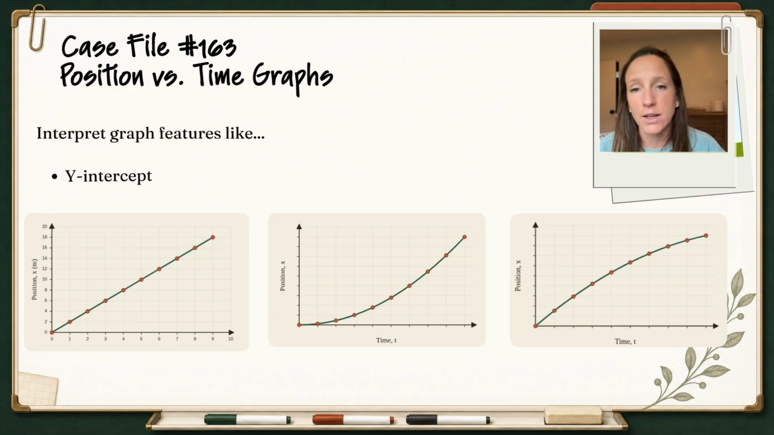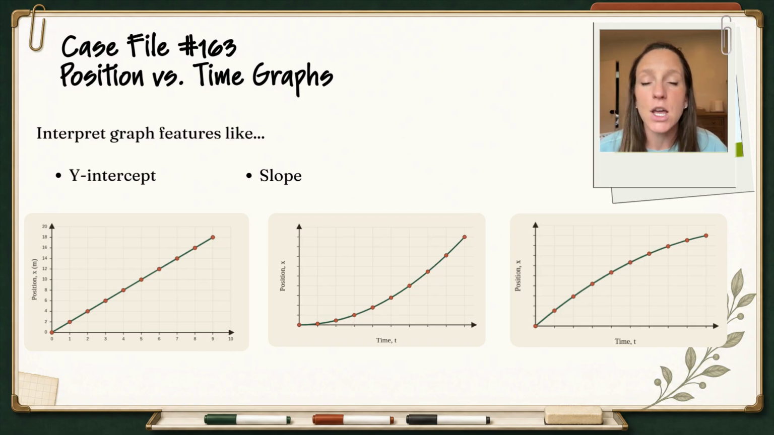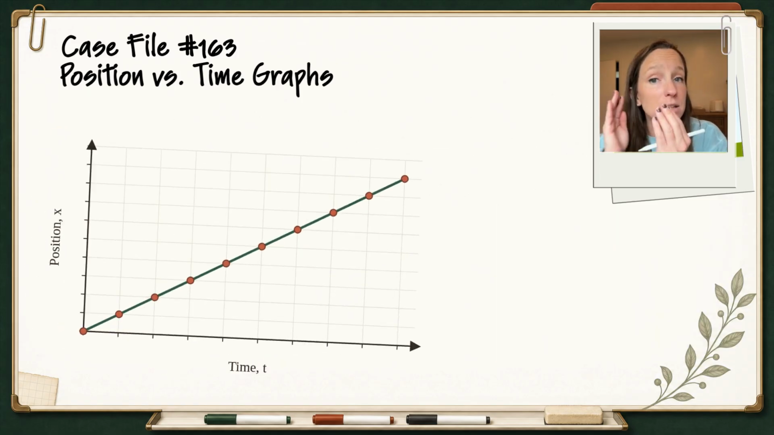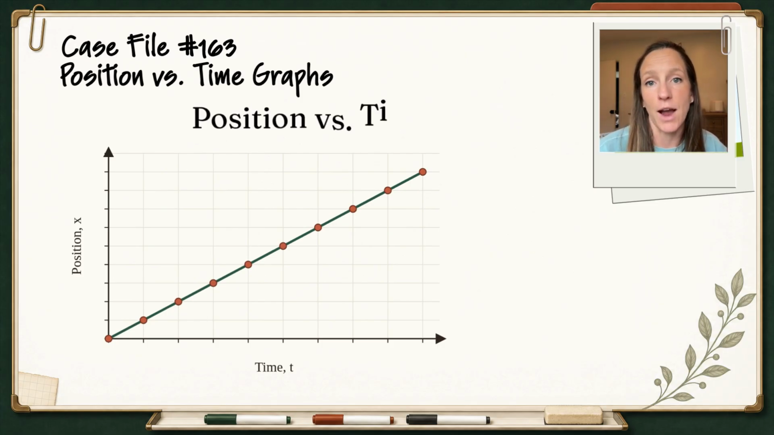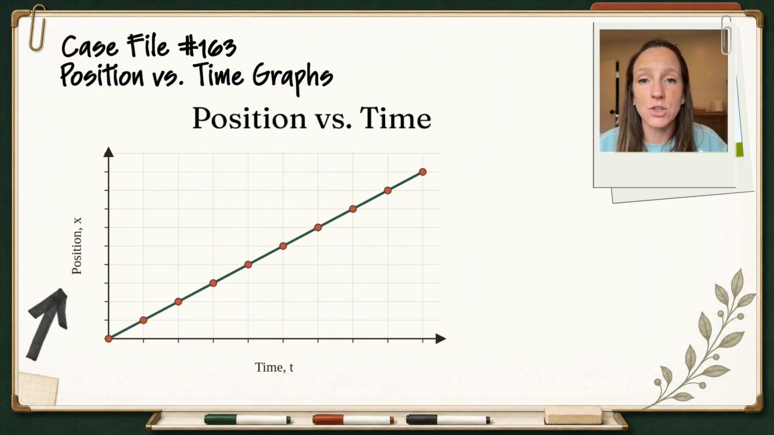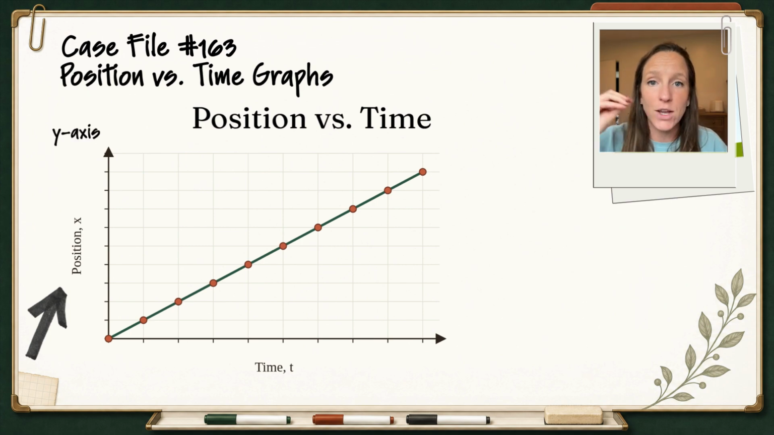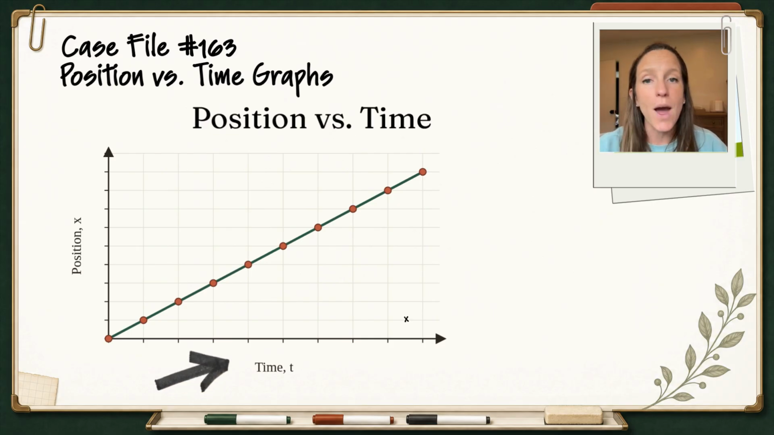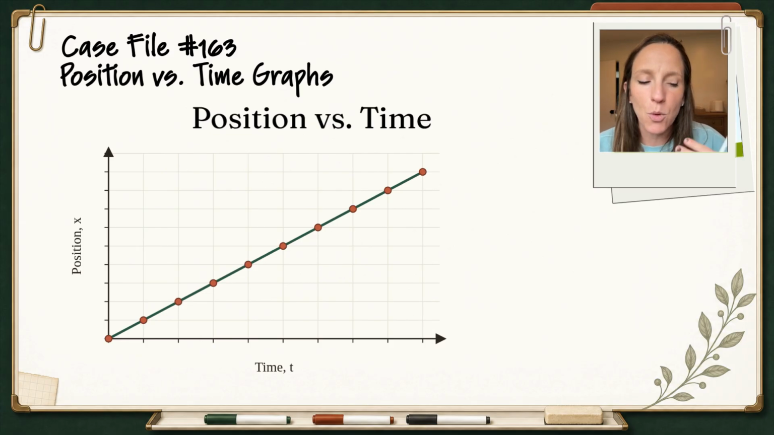including what's on our x and y axes and what the slope can tell you about the motion of an object. So first off, we have a position versus time graph. So that means that position is on the y-axis, so your y coordinates indicate the position, and on your x-axis you have time. So usually that's time in seconds and position in meters,